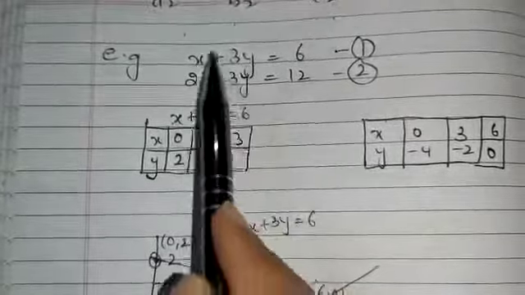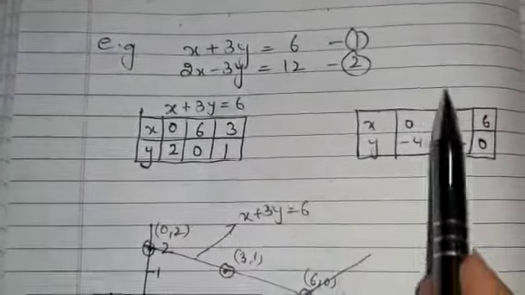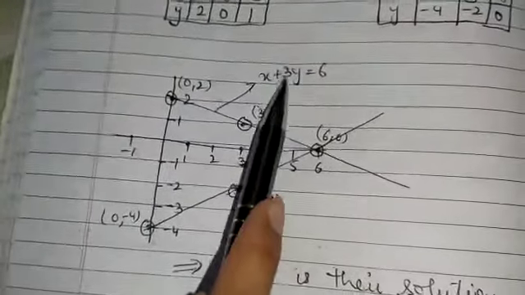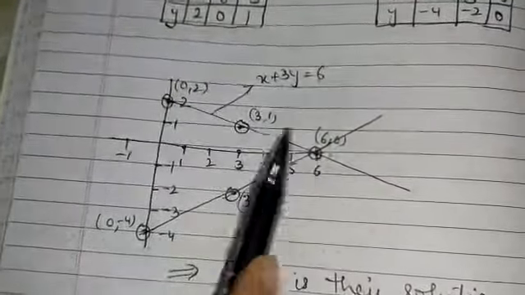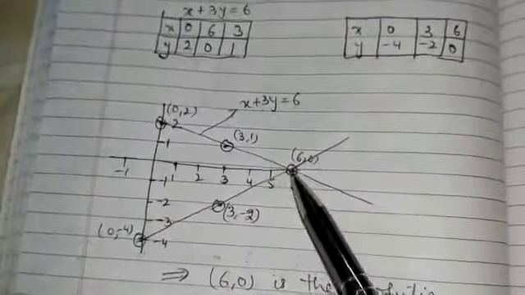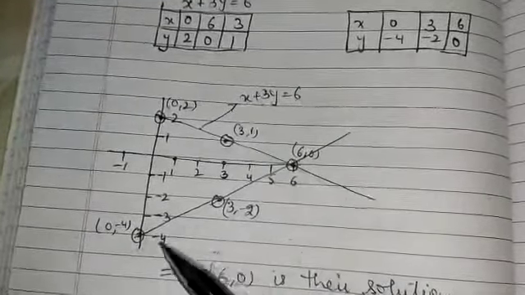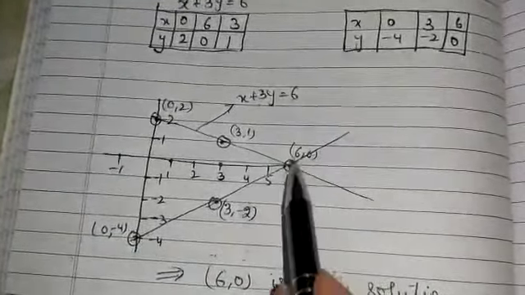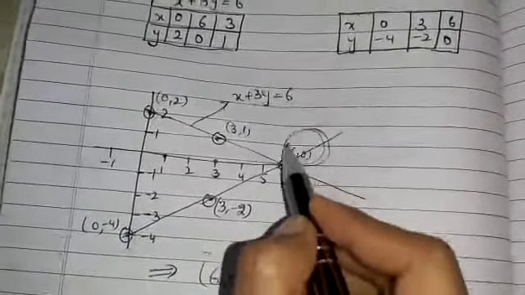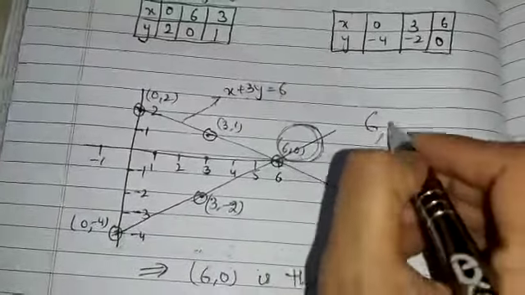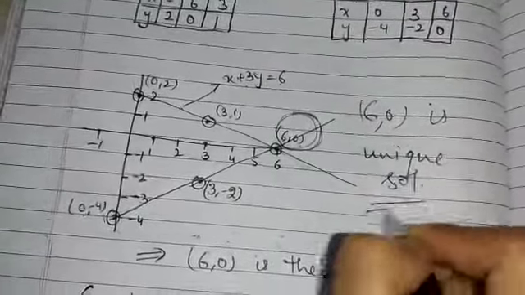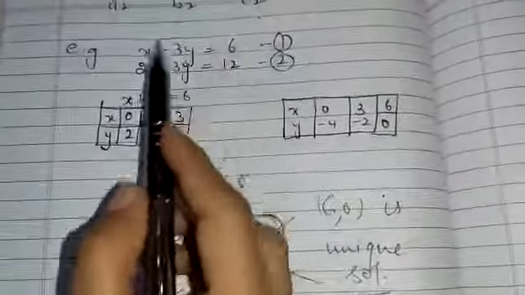Now I have taken one pair of equations. For this, I have drawn this table. You can pause the video and do it later on. You can check it. Now, for x plus cy is equal to 6, these 3 points were taken from here, I plotted them on the Cartesian plane and drew a line. Can you see the two lines are intersecting at this point? Can you see? Now, exactly this point is the unique solution of this pair of equations which I have discussed.